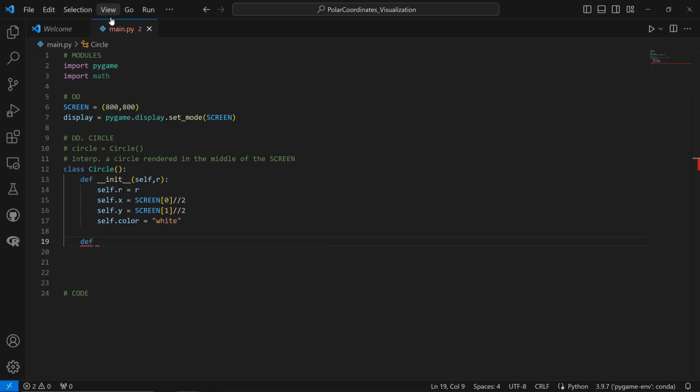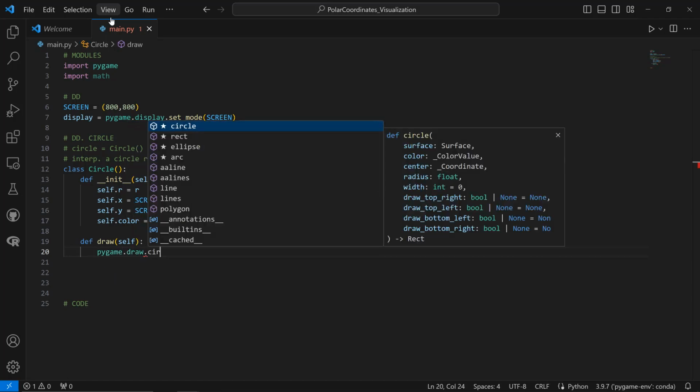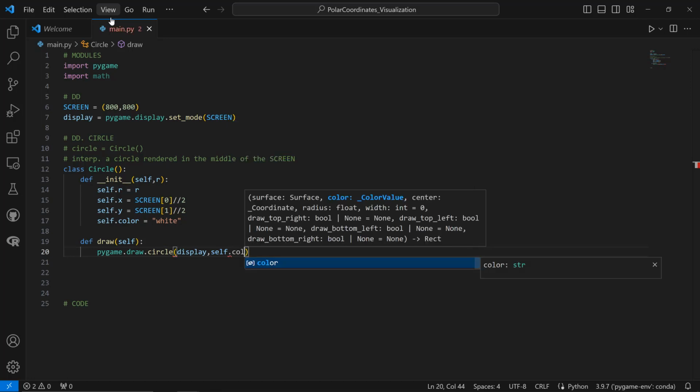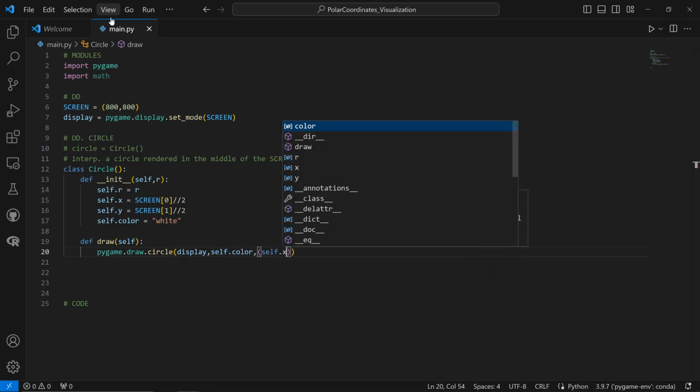So we're going to create a helper function named draw that is going to take self. Any method inside of the class has to pass self. And we are going to draw a circle using the draw sub library and the circle method. We're going to render it in the surface known as display. The color will be the color that we assign to that circle, and the center will be at the coordinates